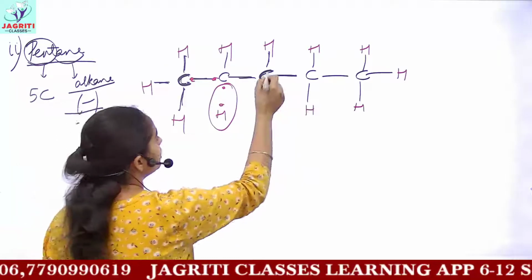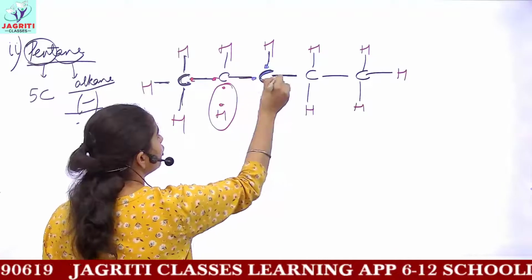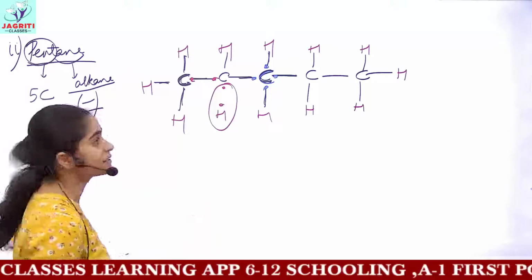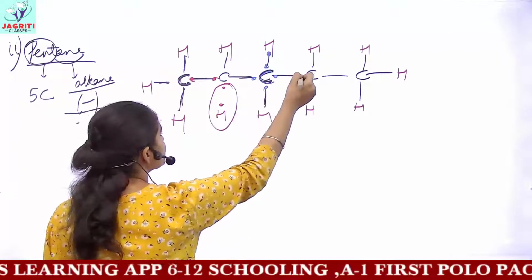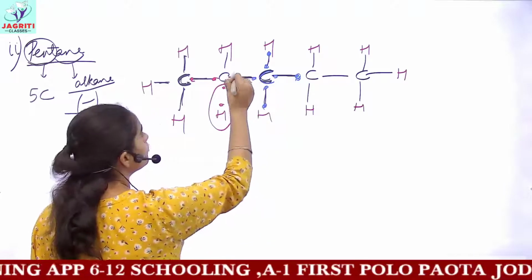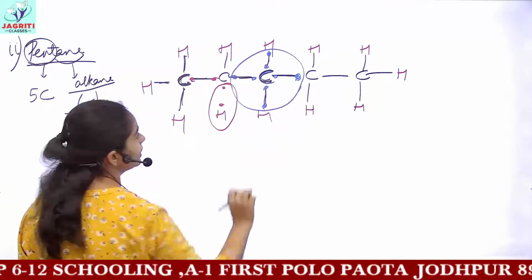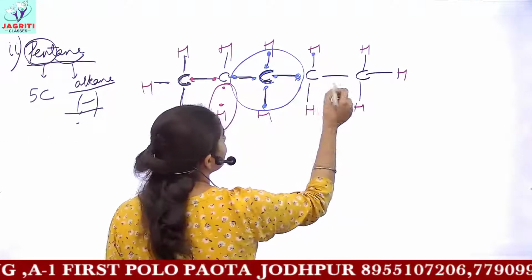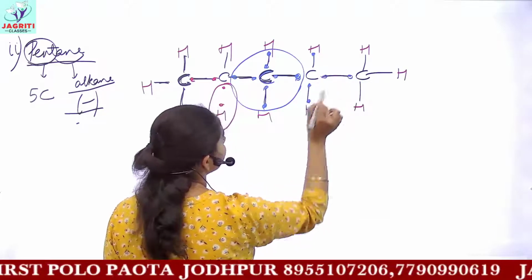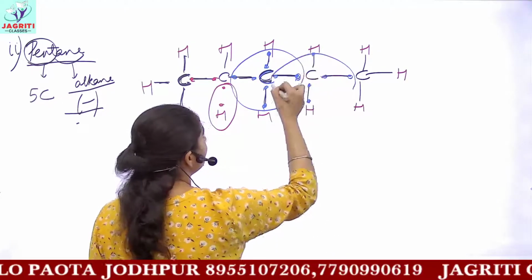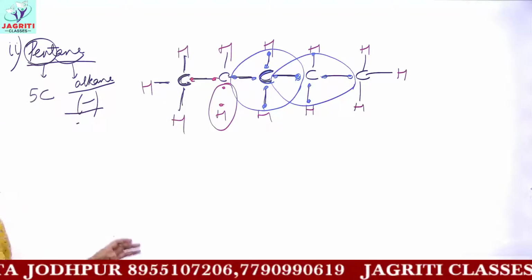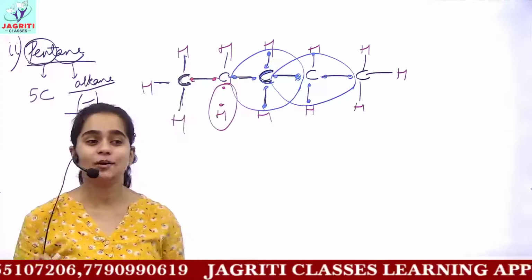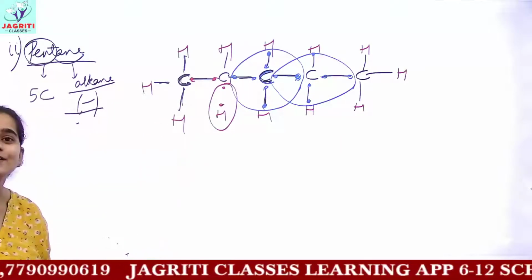For the third carbon, you will include the 4 valence electrons which are originally present with carbon, and next 4 electrons of its neighbors. So the first neighbor, then comes the second, then the third, and then the fourth. So the circle would be formed in this manner. Now you can complete the circles of all. For the 4th carbon, how many electrons would be involved? So the circle of the 4th carbon would be like this. So this is the structure of carbon and hydrogen, and if you remove these bonds and depict the structure by the sharing circle, then you will get the electron dot structure.